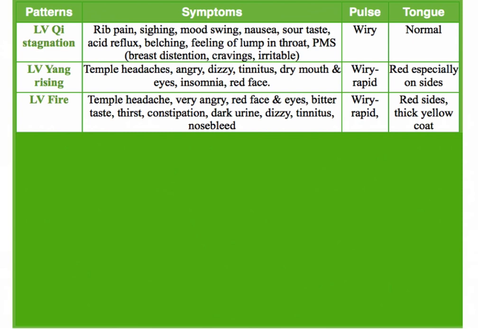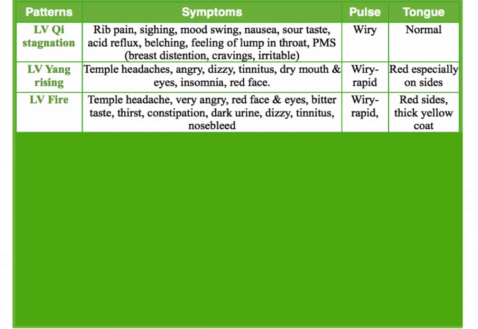Maybe they have a temporal headache at the end of the day. Maybe they have insomnia. They wake up between 1 and 3 a.m. because there's so much stress, right? They get that tinnitus or ear ringing that's high pitch for a few seconds or a minute or two and it goes away. That is liver yang rising, but the next day they go back down to liver qi stagnation. And then there's more stress put upon them, and then at the end of the day, the liver yang explodes again like a little volcano, and then comes up again. So liver yang rising rises and comes back down.